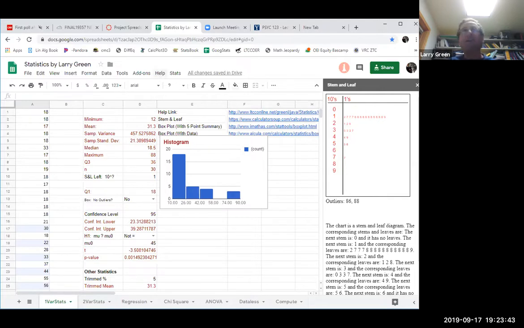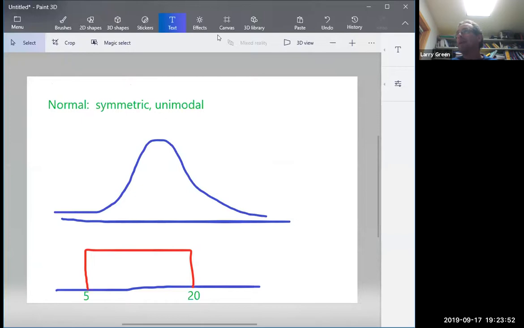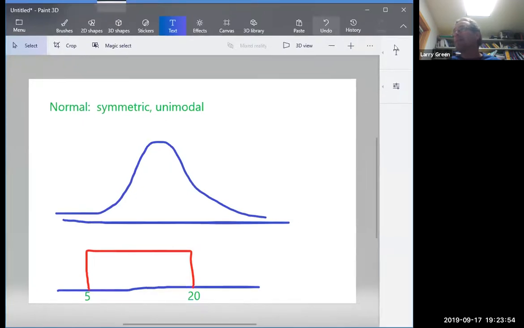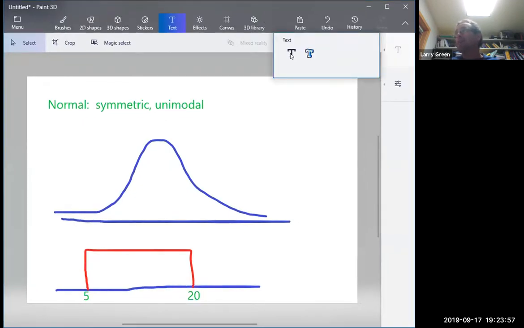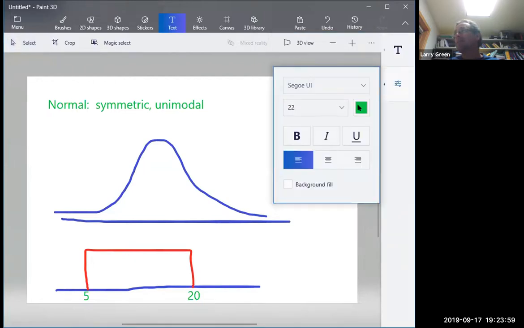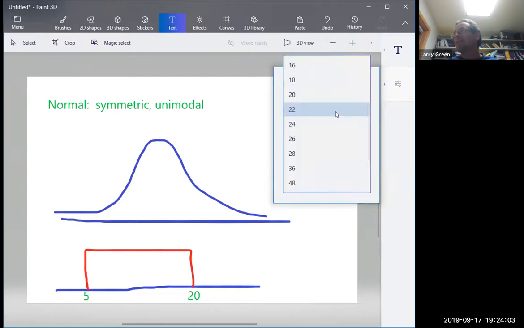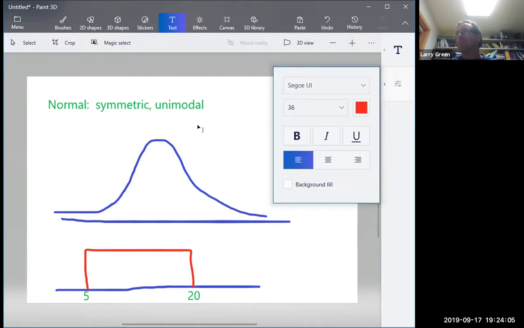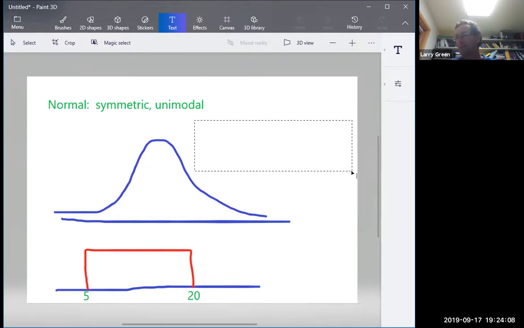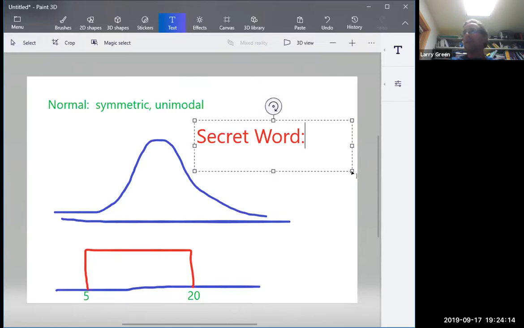All right, I need to tell you something really important. I have to go back to the slide. And I'm going to tell you something that you definitely have to know. And that is a secret word. And the secret word is